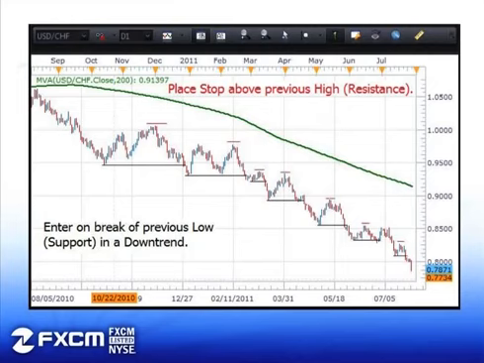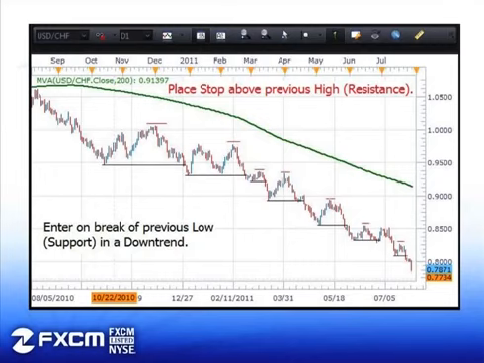The next entry, see, it created a new low right here. It took out that old low, and it created a new low here. It traded down to that level and then backed off. Didn't break, didn't take out that low right there. Traded back up again, and now it took out the previous low here. So that would be another entry point. If you missed this one, you could get in on that one. Or if you got in on that one, you could add to your position on this one.